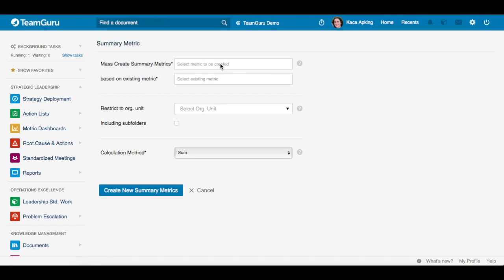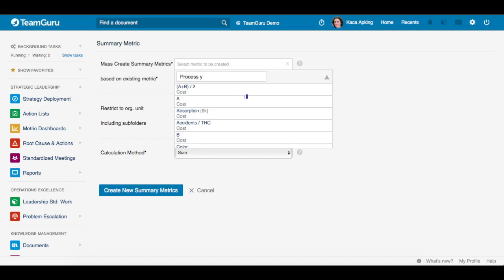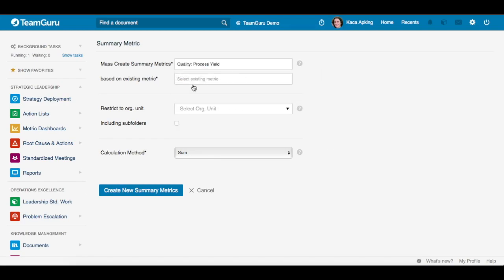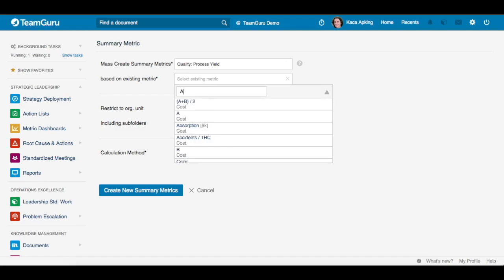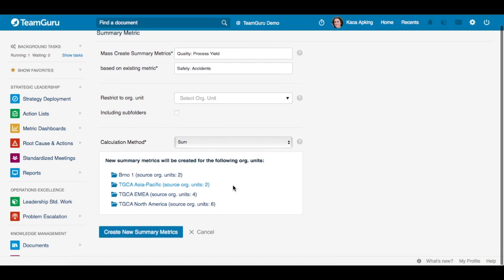So first we select the metric that we want to be created. Then we select the already existing metric that this metric will be based on. Now you can see the list of all org units. They are already collecting values for this metric, accident safety, and now they will also be collecting metric values for